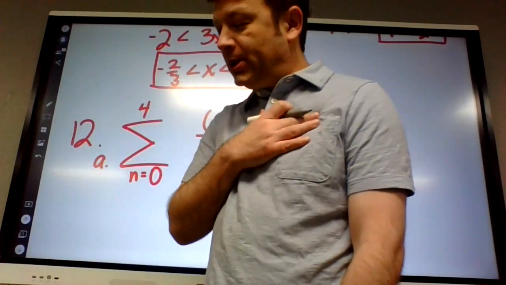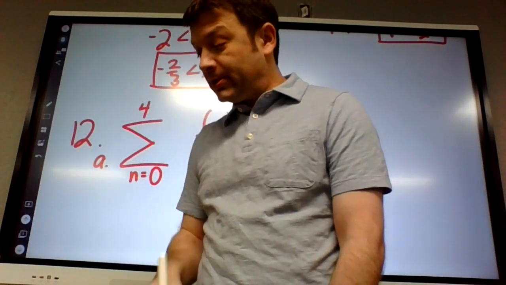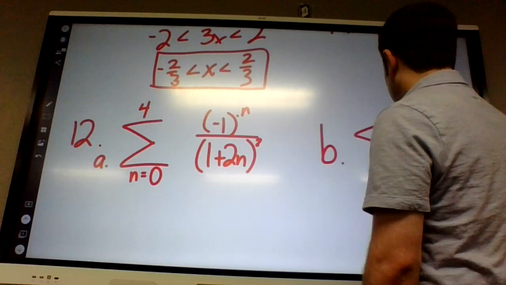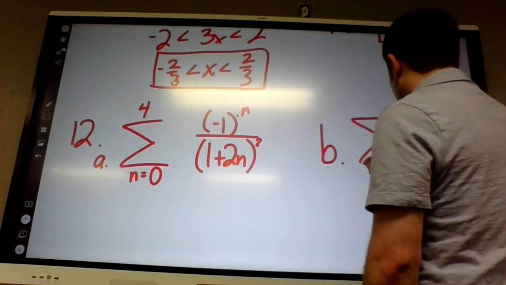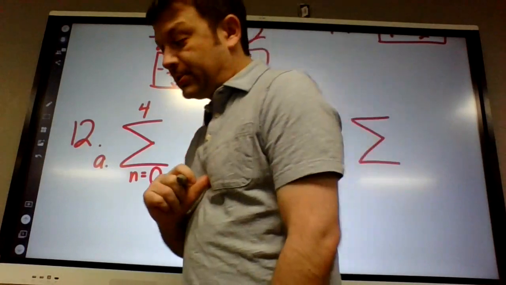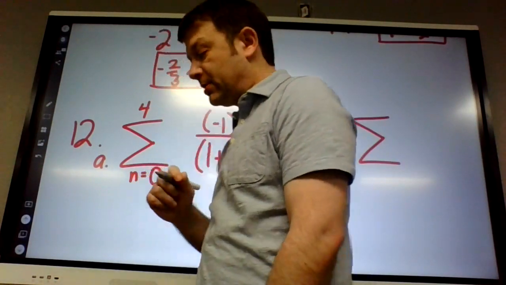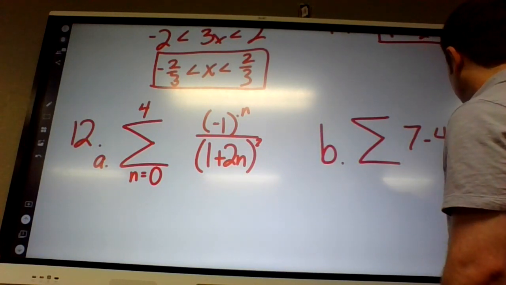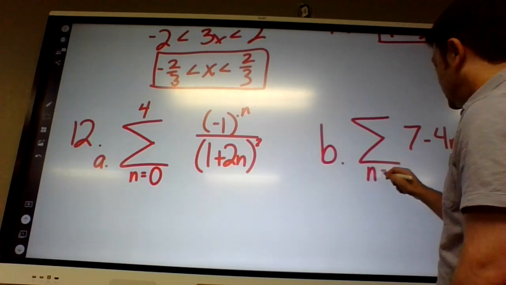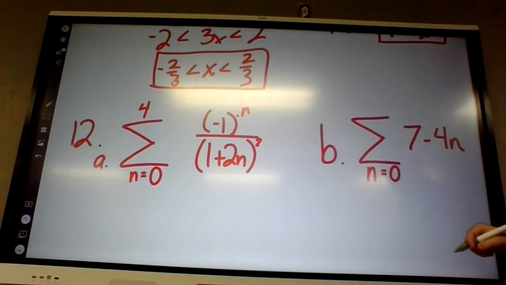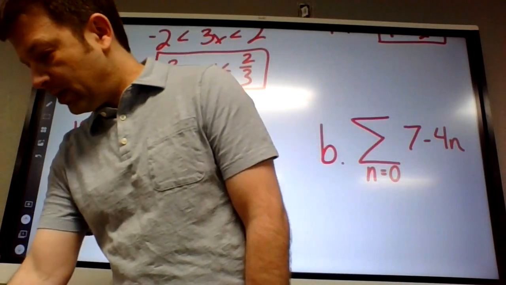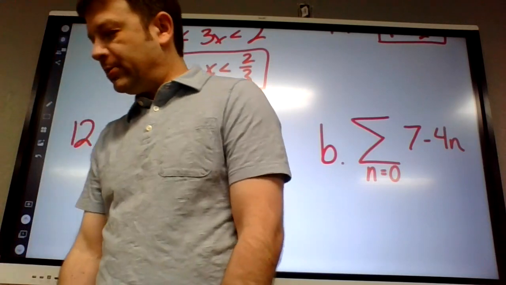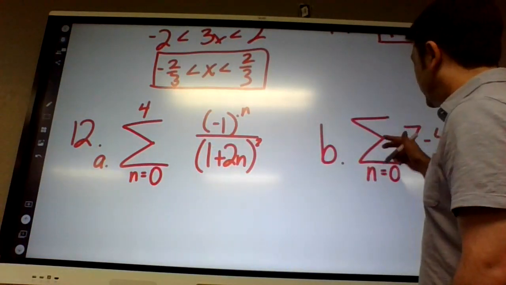All right, so on B, I guess the last one, about on time here. What's the pattern? What's easier to me? Looks like they're subtracting 4. And they're starting with a 7. So if we just do 7 minus 4n, with the first n being 0, should that not do it? Yes, it should. And okay, it looks like they're going to 7 terms. So if I'm starting at 0 though,